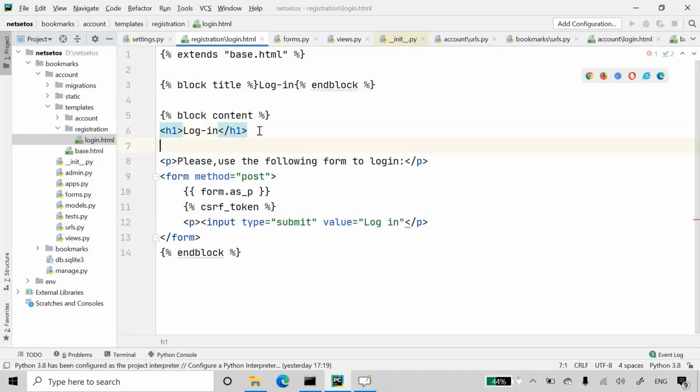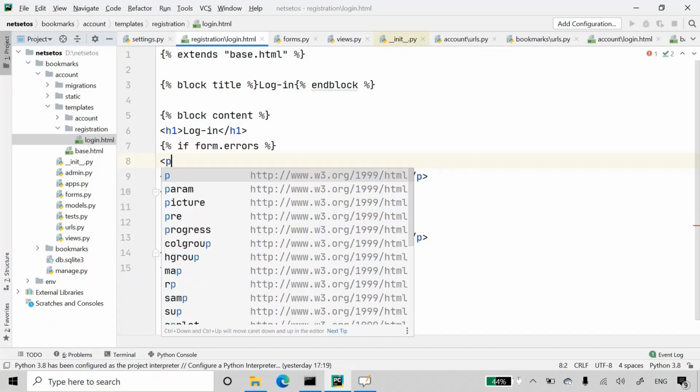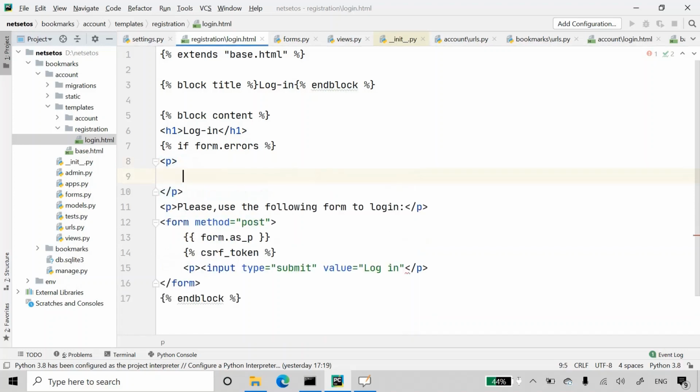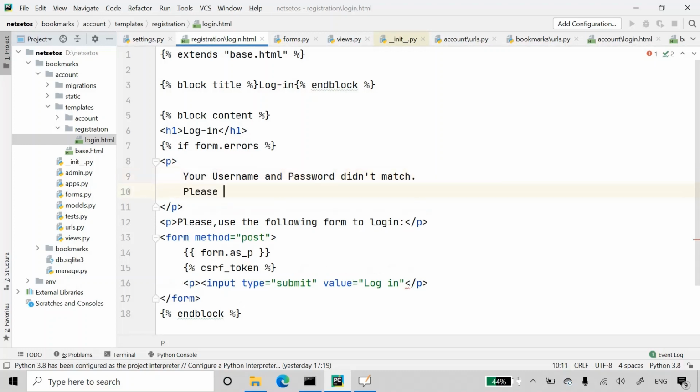After that, I'll define if form.errors. It will have a p tag with the message: your username and password didn't match. Please try again.